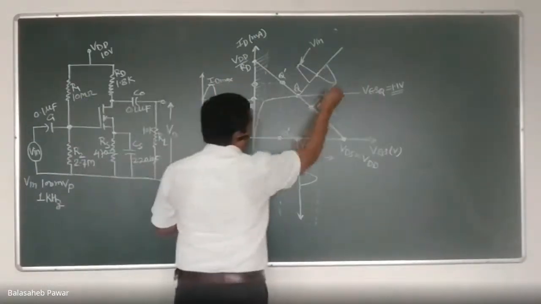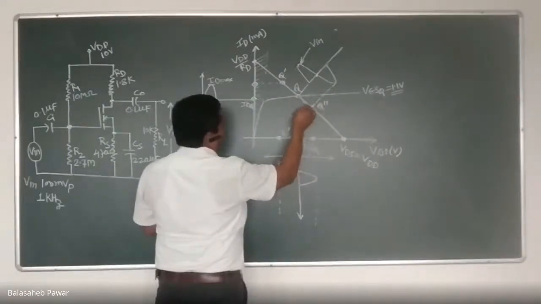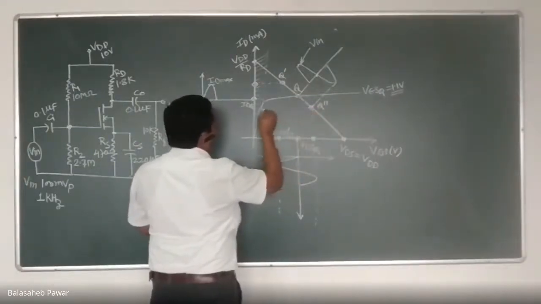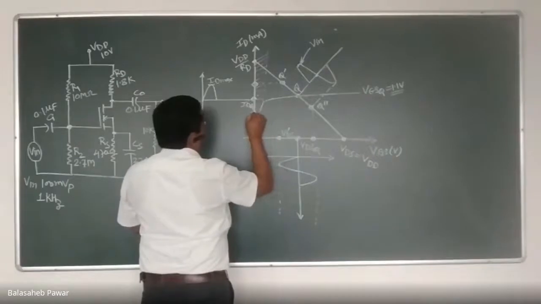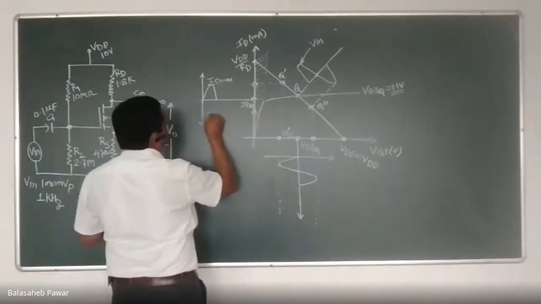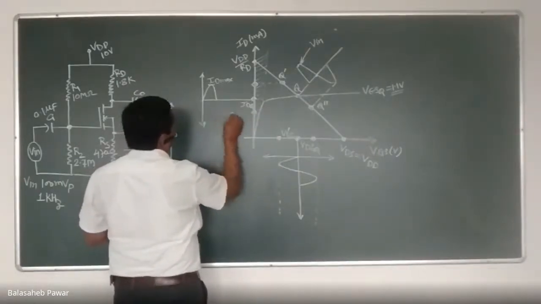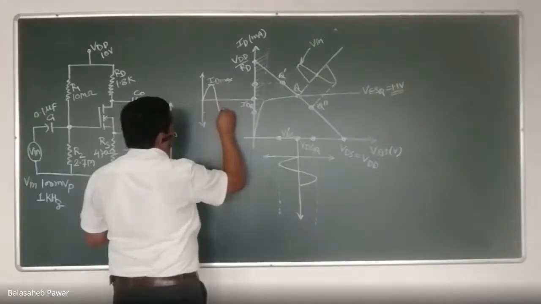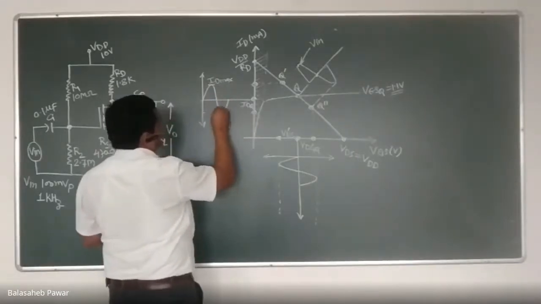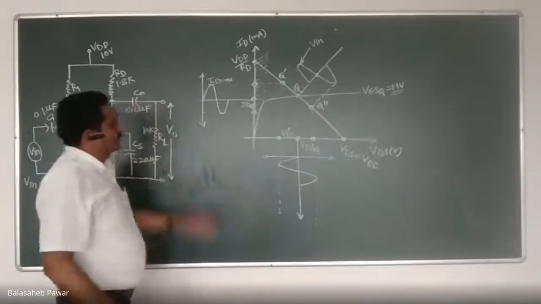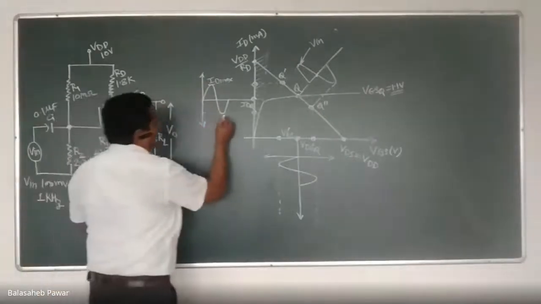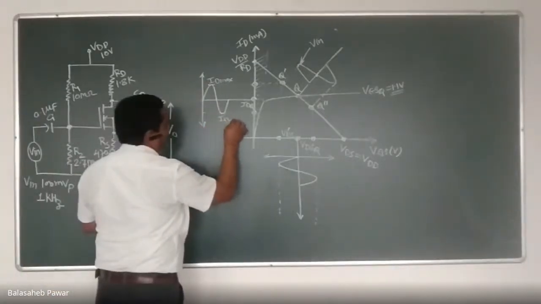Here you will get maximum drain current by the application of this applied input signal. And similarly, during the negative half, as the Q point gets shifted from Q to Q double dash, you will observe its respective value of ID like this. That means there will be again a negative half. Both will be in phase, input voltage and output current. This is nothing but ID mean, right?